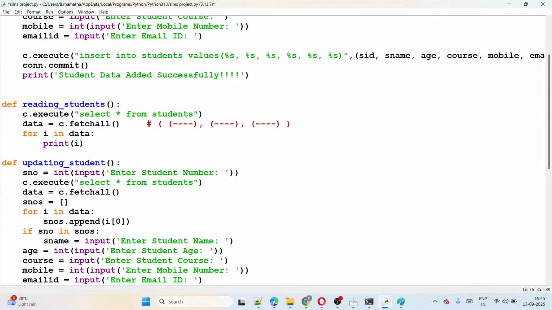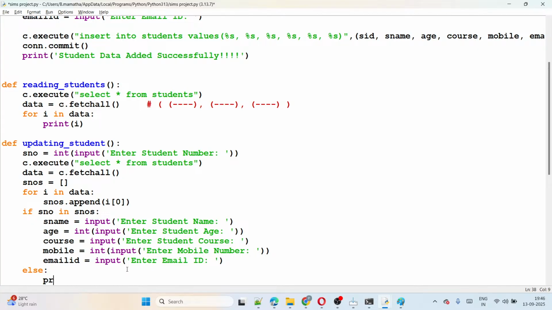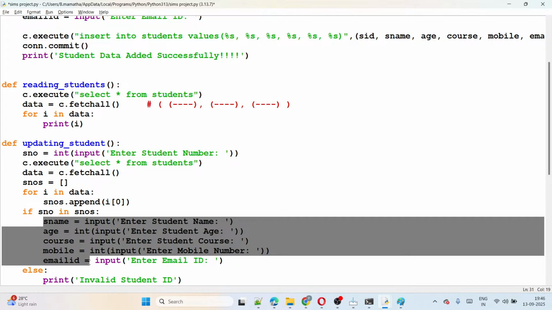I can ask here, all of you. Guys, observe now. If not available, else: I can display invalid student ID. That's all. Now, if that number is a valid number, then take all the details: name, age, course,